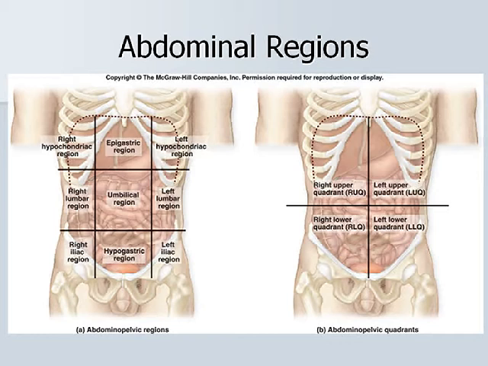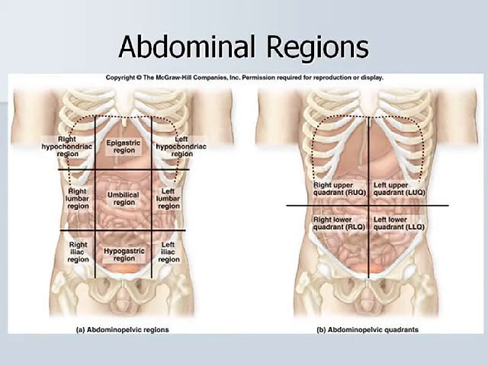A more specific way to divide the abdomen is into 9 regions. Which region has the belly button in it? The umbilical region, the one right in the center. So that's where this was divided. That's the belly button. We'll start above that. Epigastric. What is gastric? What does that refer to? Stomach, digestive. Okay, that's gastric. Epi is above or upon or around. So it refers to the region above the stomach. Right and left